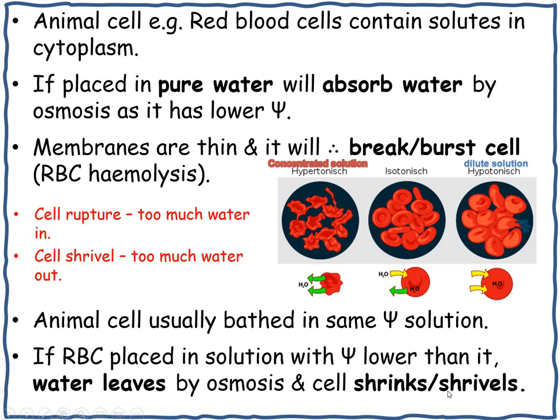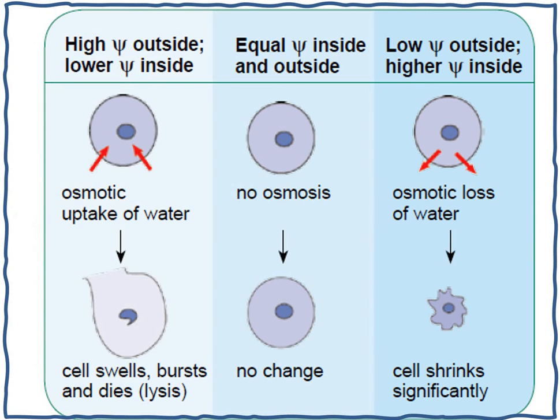So it's really important in our blood that our blood is isotonic. Isotonic means that our blood plasma has the same water potential as the red blood cell. Because if there's the same water potential outside and inside, there's going to be no net movement of water. So here is what we see, that in a dilute solution,